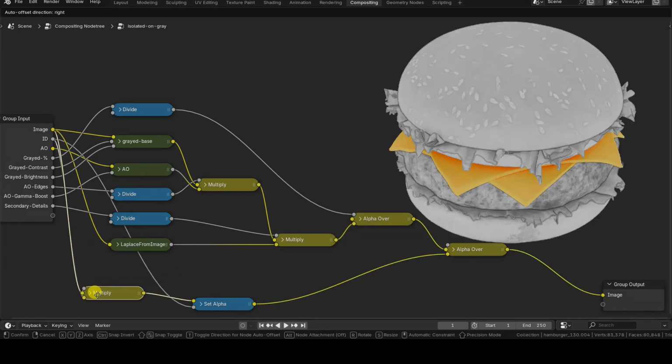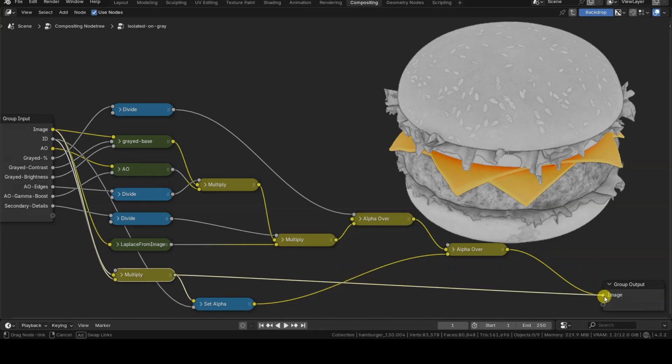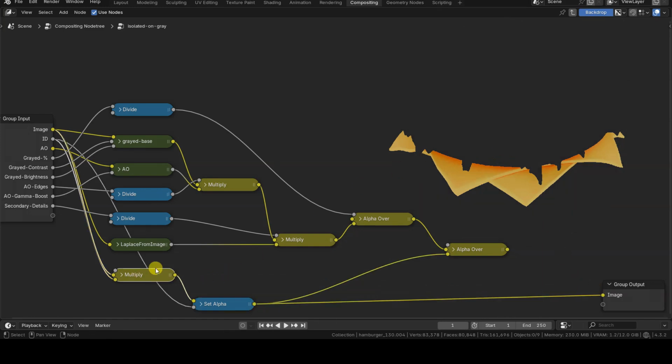To separate the elements with an ID matching the input from the rest of the image and keep them in color, the original image is multiplied by the mask coming from the ID input. Then, the same ID mask is used as the alpha transparency, so at this stage, we have only a portion of the rendering in color on a transparent background.